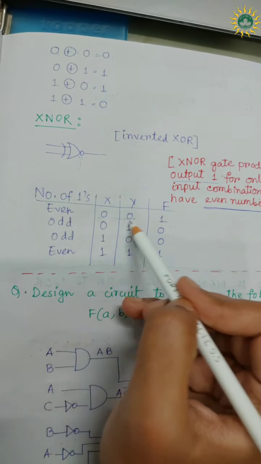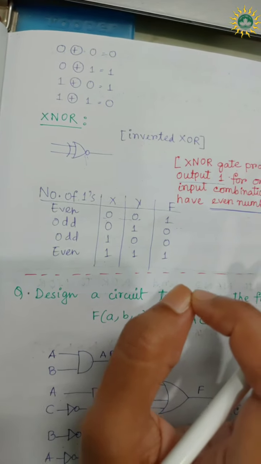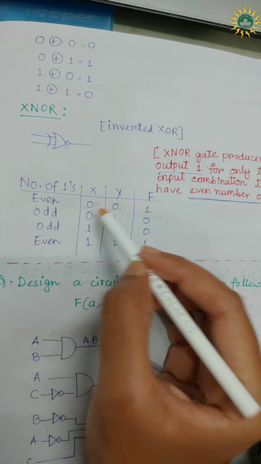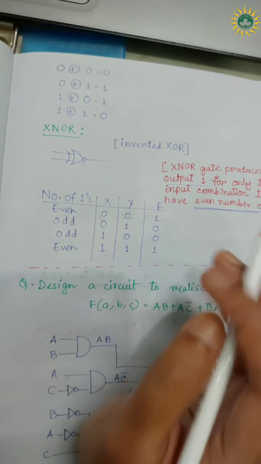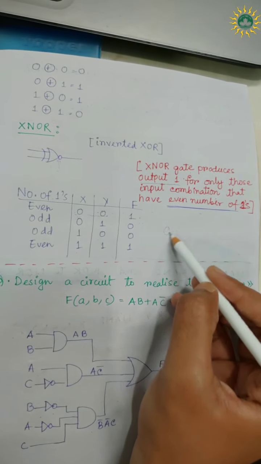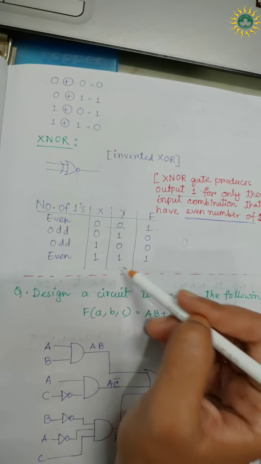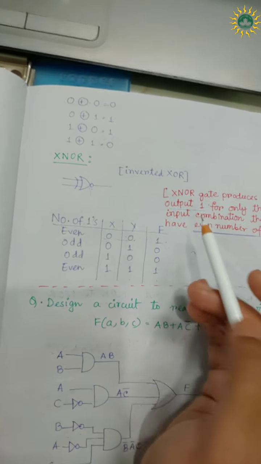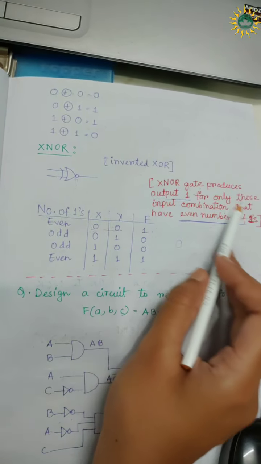If you have an even number of zeros as well in this case, okay, if all are zero, not an even number of zeros, sorry, my fault, if all are zero then the output will also be 1 in case of XNOR. If every value is zero the output will be 1, but if there is merely an even number of zeros, the value 1 will not come. Only in the case of an even number of 1s will the output be 1, and if all the input values are zero, that is low, then the output will be 1. Am I clear? I thought I was mistaken, but I am not. Everything is written correctly here.